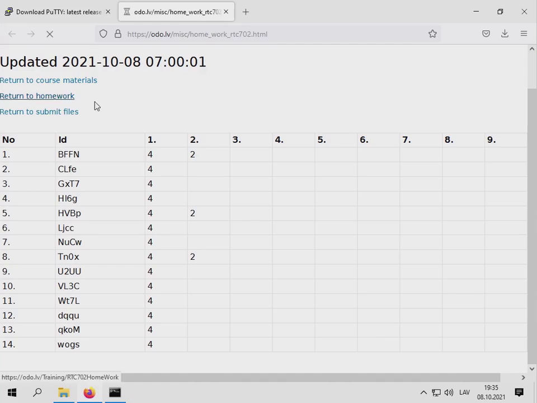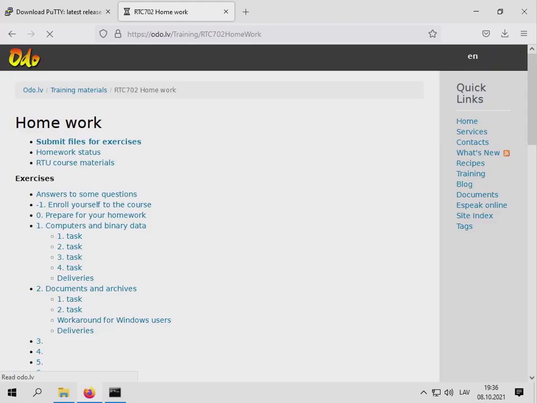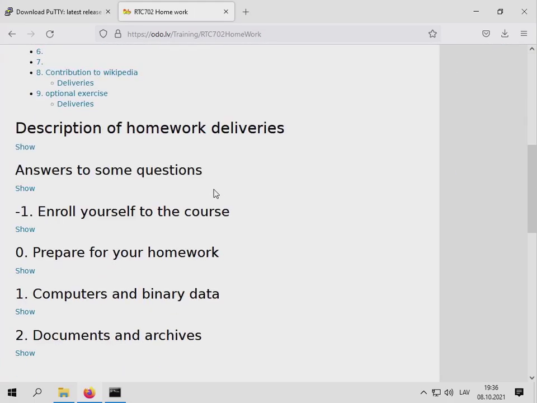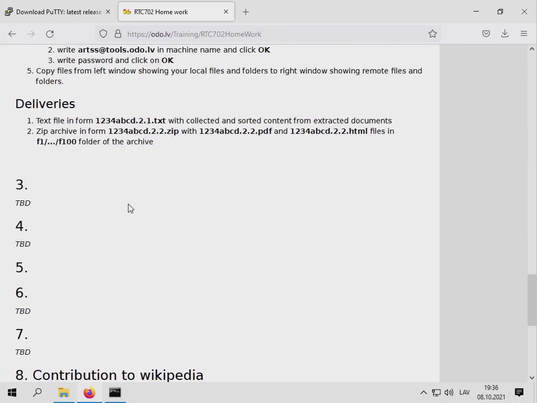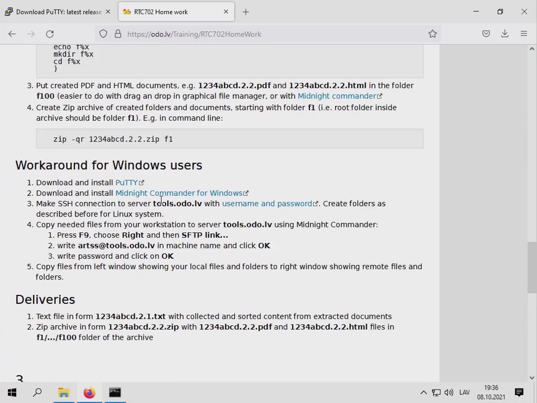And another utility is Midnight Commander. For Windows, hopefully this link will work.